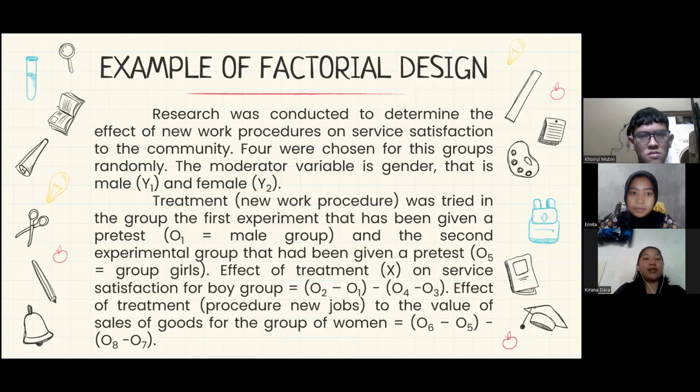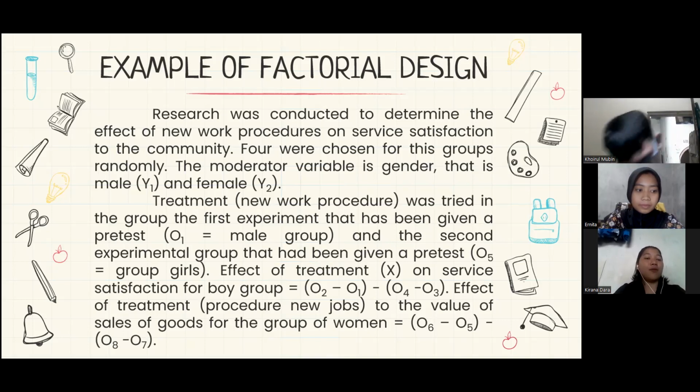Example of factorial design. Research was conducted to determine the effect of a new work procedure on service satisfaction to the community. Four groups were chosen randomly. The moderator variable is gender, that is male Y1 and female Y2. The new work procedure treatment was tried in the groups. The first experimental group was given a pretest, O1, the male group, and the second experimental group was given a pretest,